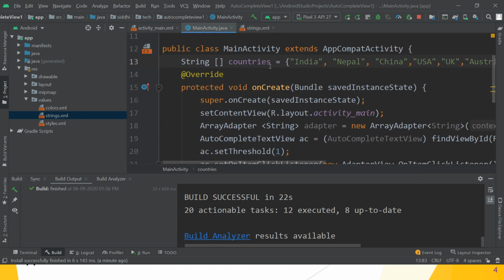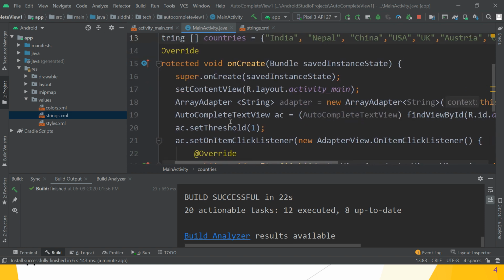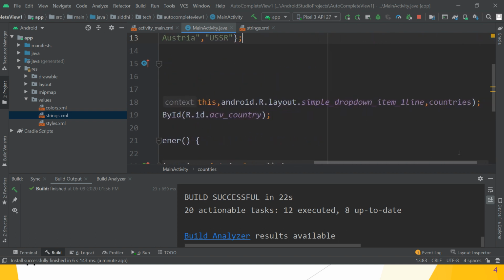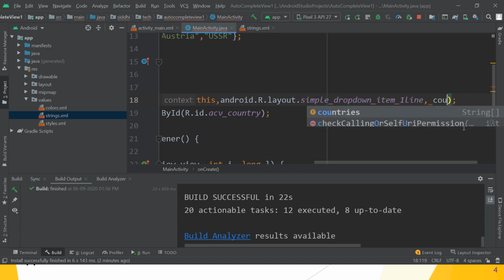What are the remaining things? First, create the names of the countries. Yes. Then that countries adapter, array adapter class, you can assign this: simple drop down, android dot R dot layout dot simple drop down item one line, then assign countries, comma, countries.